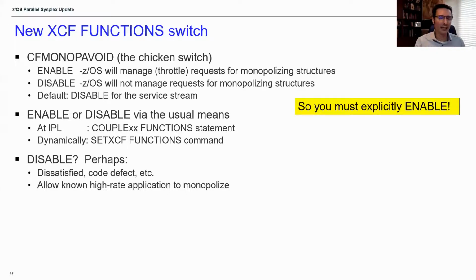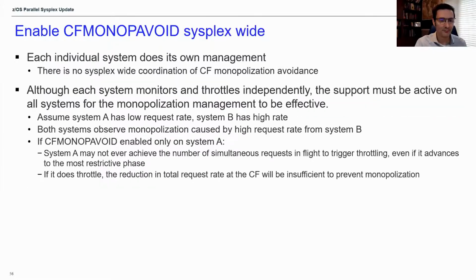And the way you enable it is either dynamically through the SET XCF,FUNCTIONS command, or of course, to make it a permanent change in IPL, you're going to update your COUPLExx FUNCTIONS statement to add this chicken switch, CFMONOPAVOID, okay? And again, this is not going to have a lot of benefit unless you do it Sysplex